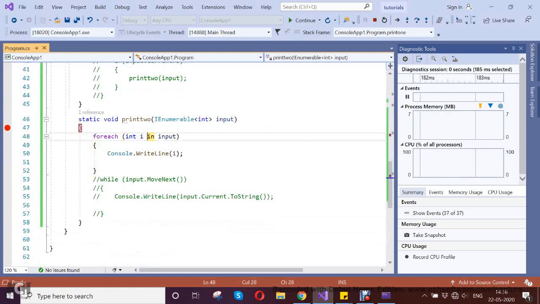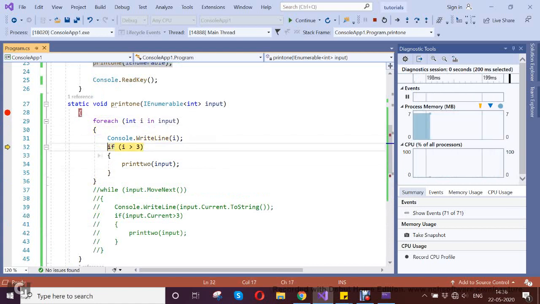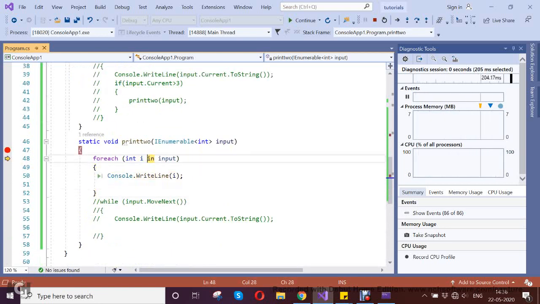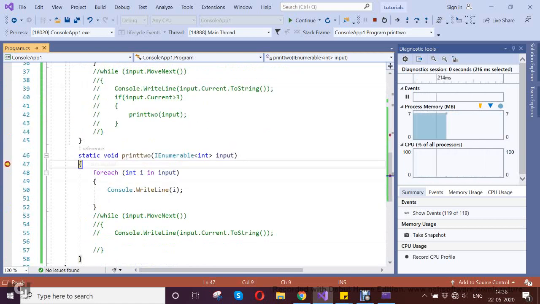So the second method started printing my 6 values here. Okay, again this is done and it starts iterating again, my 5th value, again the condition is matched, it started printing the whole value again. So in the same way we have remaining inputs, we try to pass them into the second print method, but